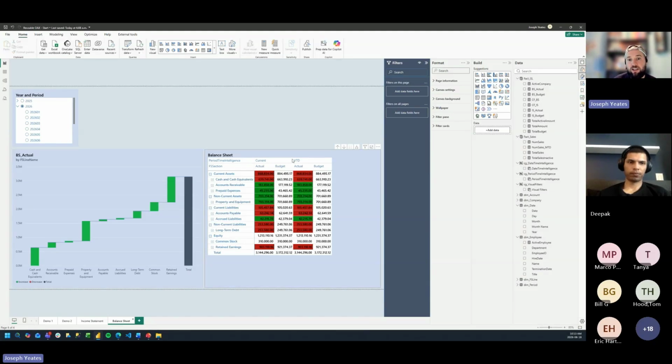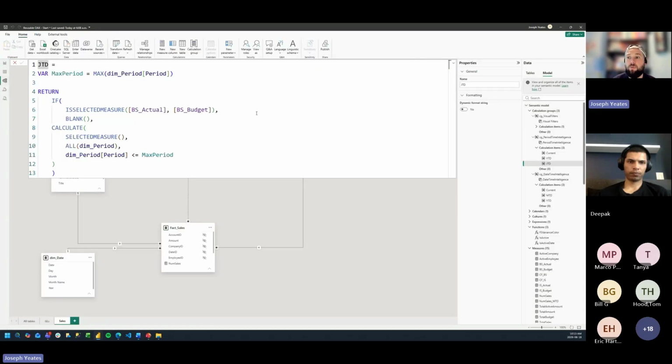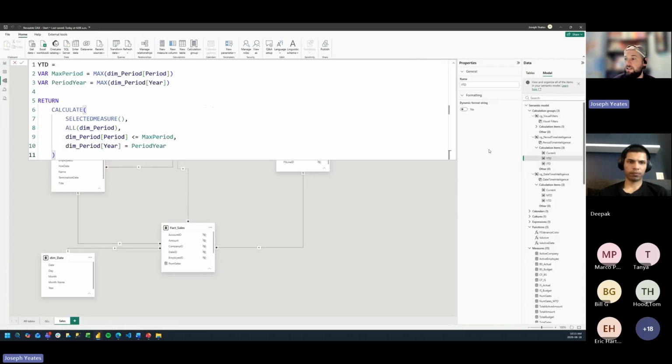And the thing we can adjust in our balance sheet is, rather than year to date, maybe we want to display not year to date, but what these balances were at the beginning of the year. We can do that in this year to date view as well. Rather than year to date, maybe we can name it yearly so it still works. And we just need to add some additional code